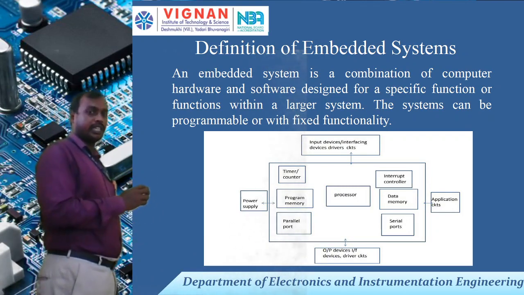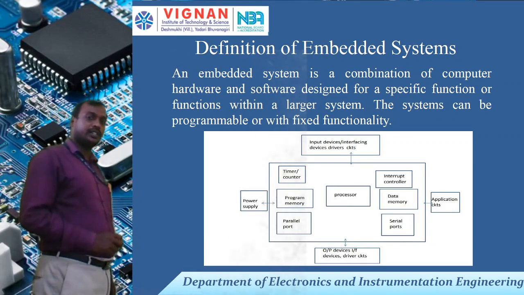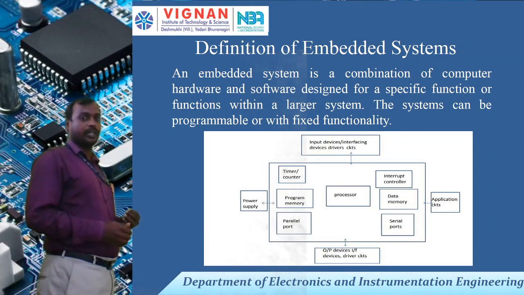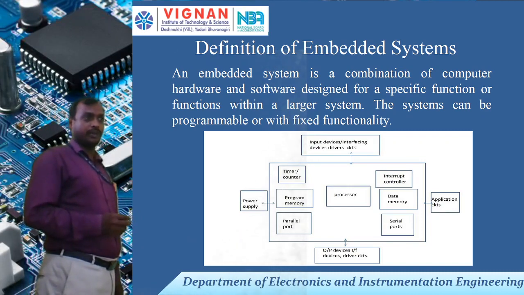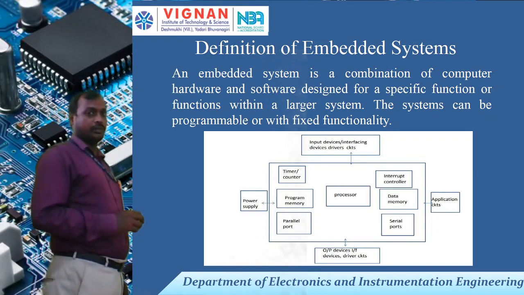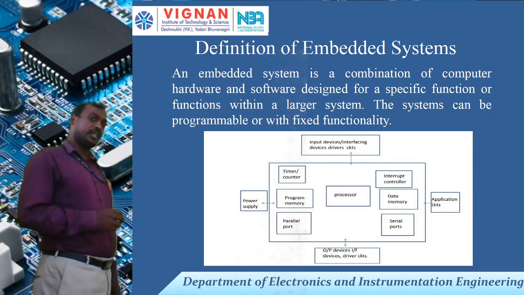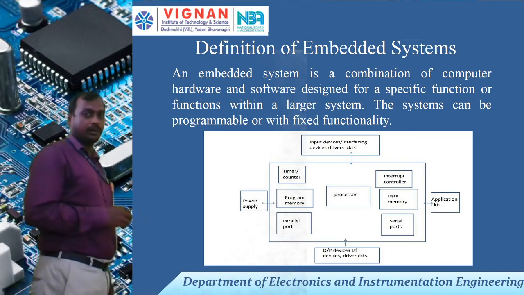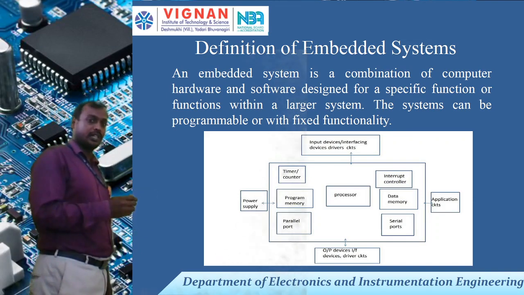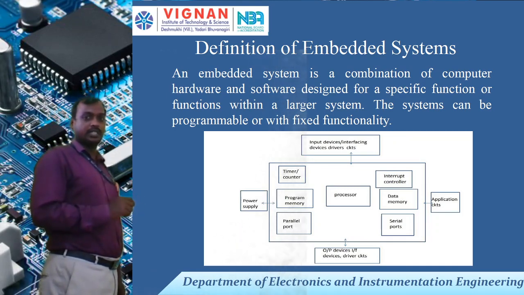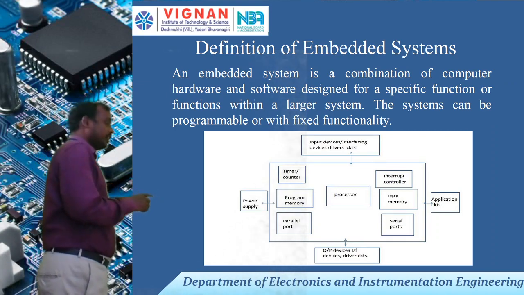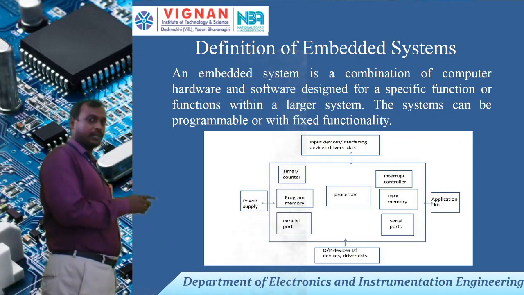In embedded systems, we mainly use microcontrollers. So first we have to know about the microprocessor and microcontroller. A microprocessor doesn't include memory devices like RAM, ROM, or peripheral devices. A microcontroller includes RAM, ROM, peripheral devices, timers, and counters, all in a single IC or single silicon chip, and also includes the CPU. A microprocessor also contains the CPU, but it does not include RAM, ROM, peripheral devices, or timers and counters.